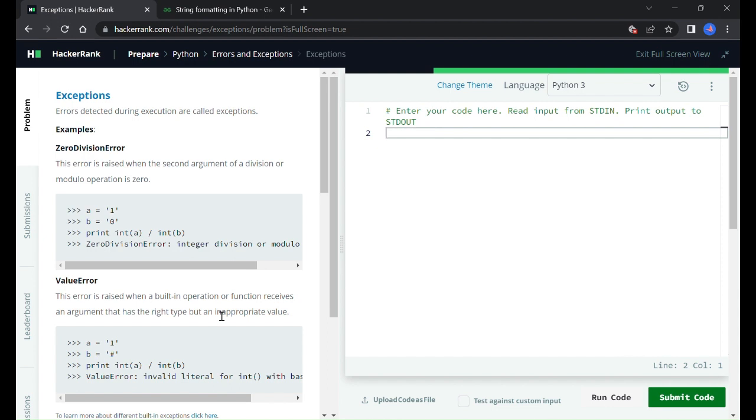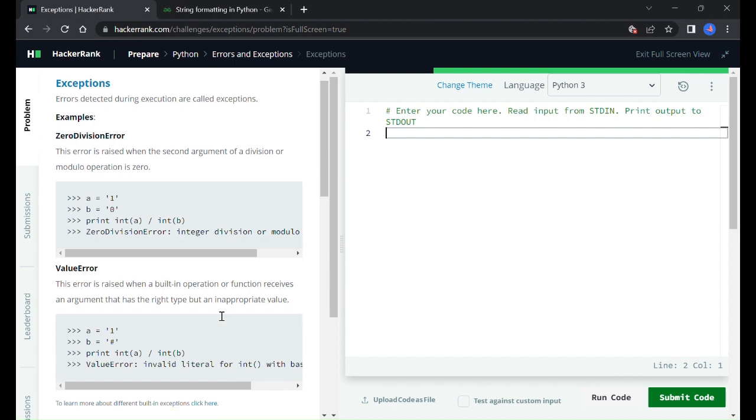Zero division error occurs when we are dividing a number by zero, and value error occurs when, if you want to divide, we require two integers. When one of the numbers that we are inputting is not an integer value, it will generate the value error. So here let's